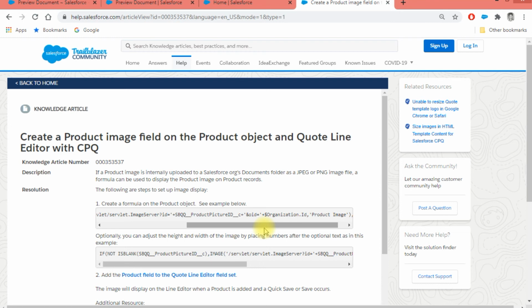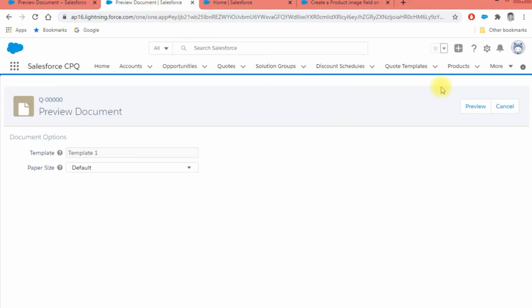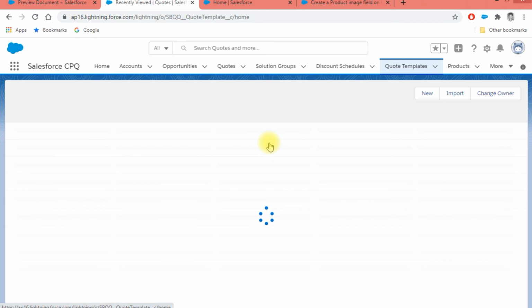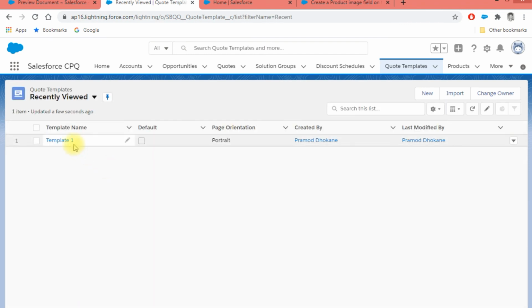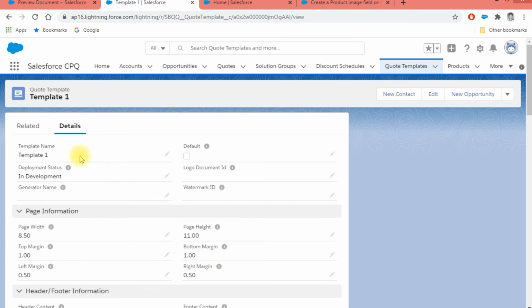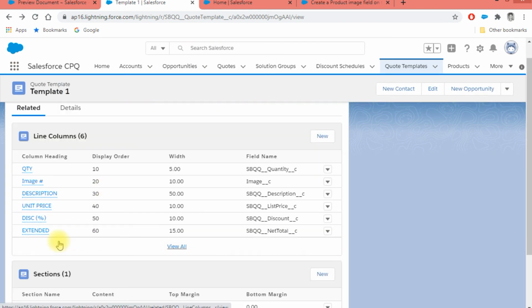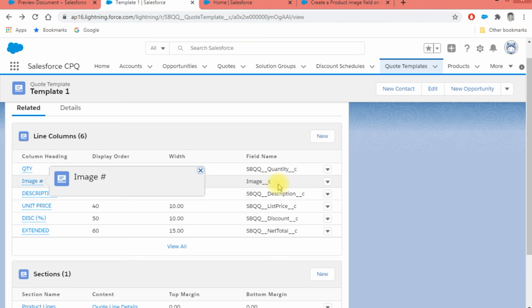But when I tried to use the same formula field in the quote template section, let me go back to the quote template. So this is my template record, and here on the section, you can see inside the line column, the second field I have referred to is basically the image field.